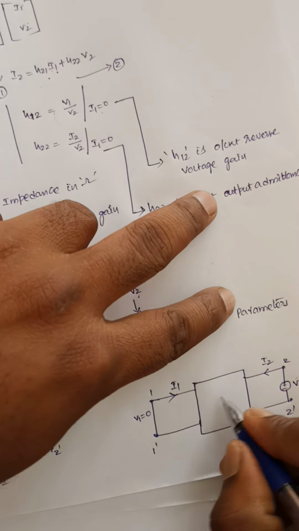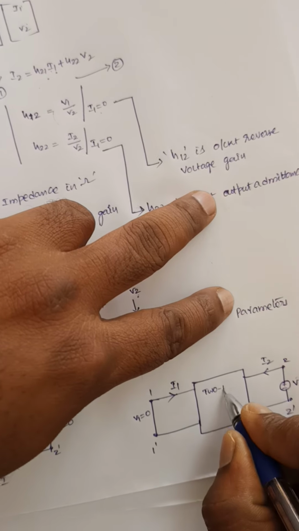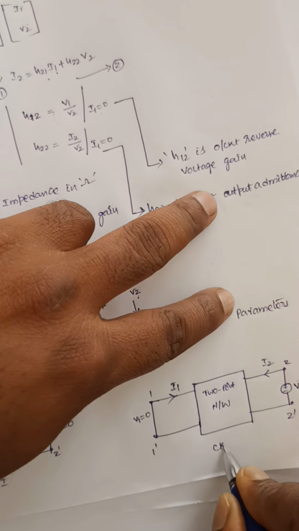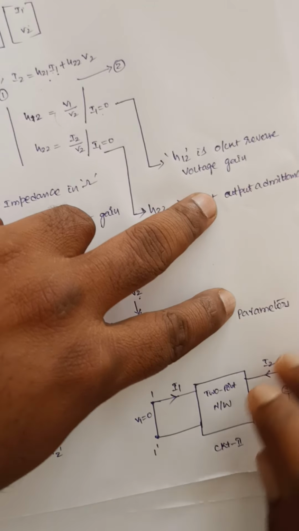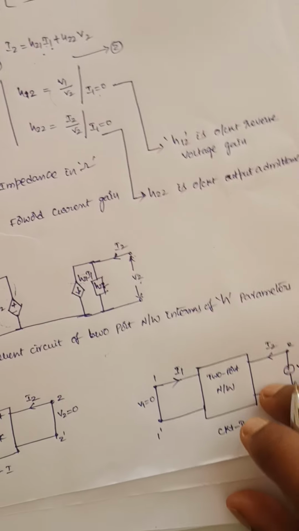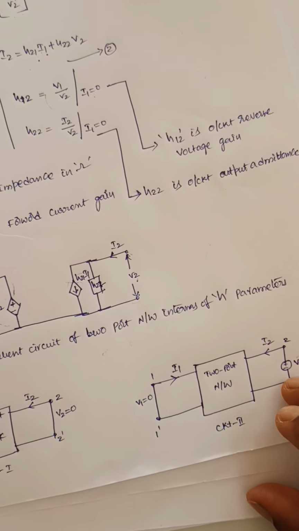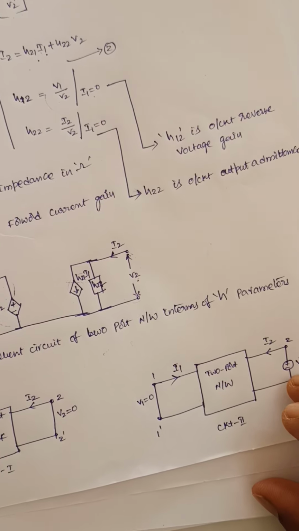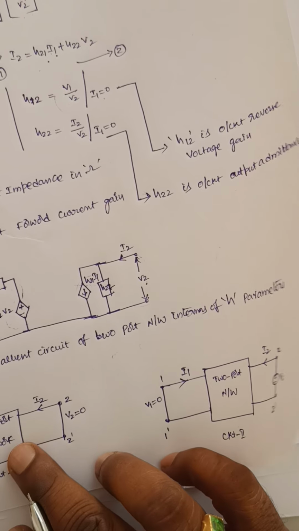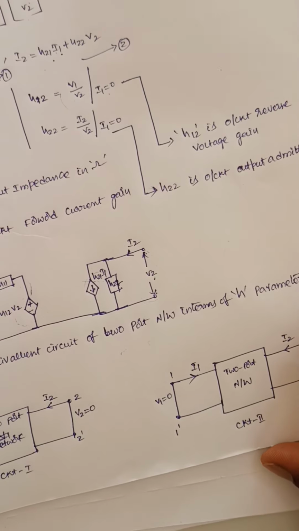Okay, it is also the same two-port network. Let us assume it is circuit 2. Here these two-port networks are said to be reciprocal if and only if the ratio of